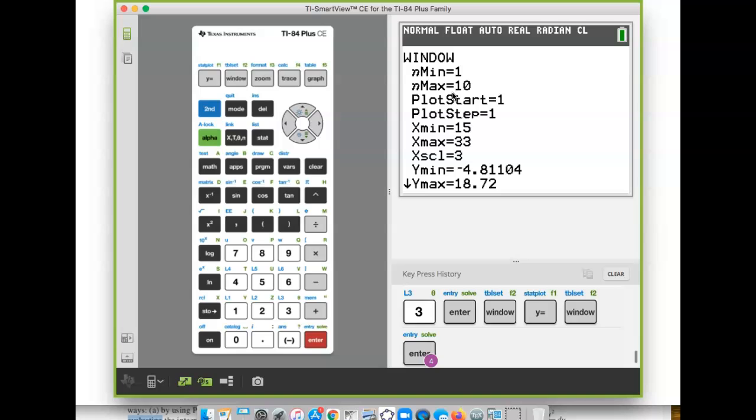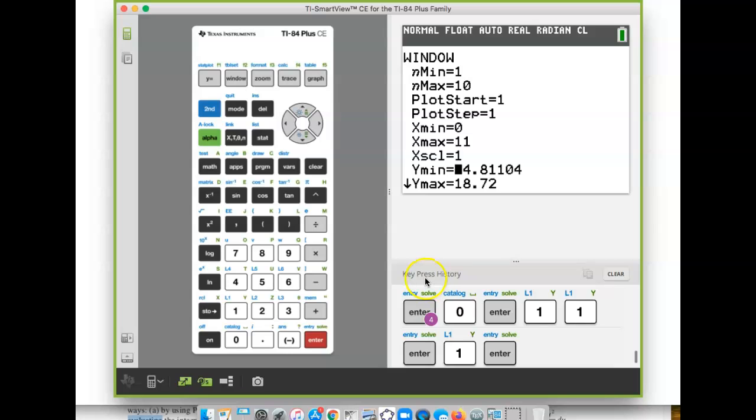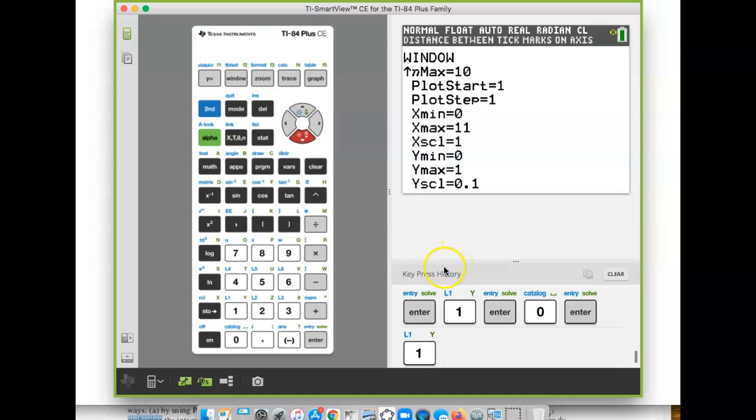All right, so now I'm going to set my window. I want my x min to be 0 to at least 10. I'll go up to 11. I don't know why my x scale is 3s. And then my y min, we saw in this graph that it's not going to ever breach 1, right? It's going to approach 1, so I really don't need to see that high. So I'll set my y min to 0, and my y max to 1. And then my y scale, let's look at little y scales. So maybe, yeah, let's set it to 0.1. That's good. So now if we graph it,